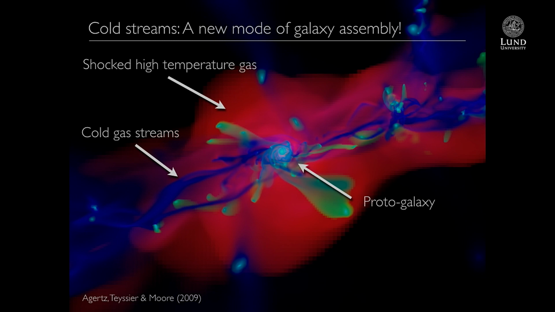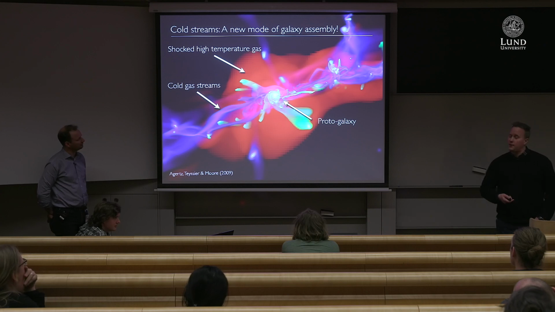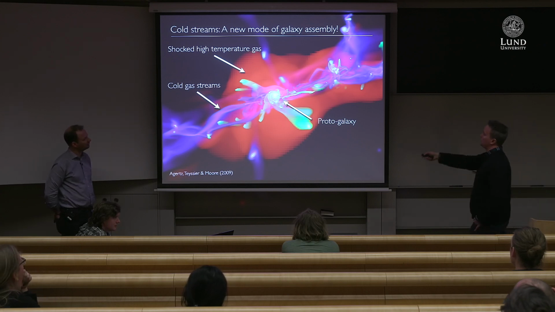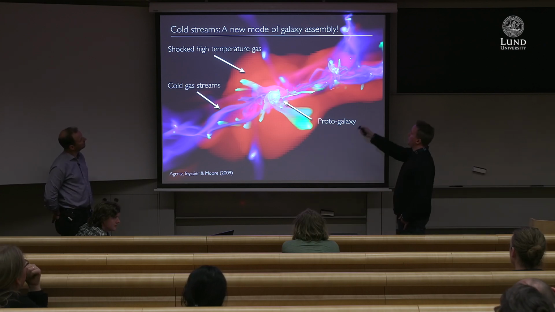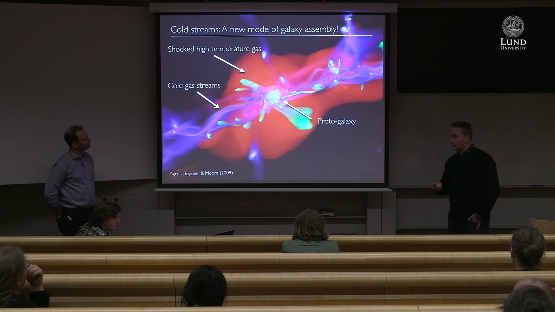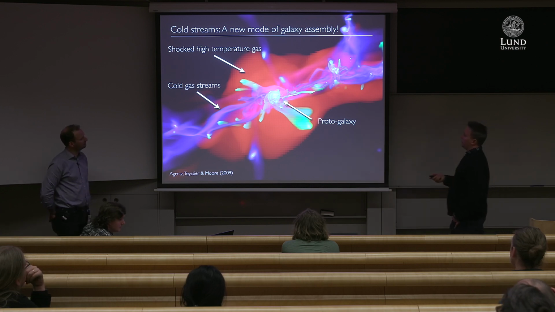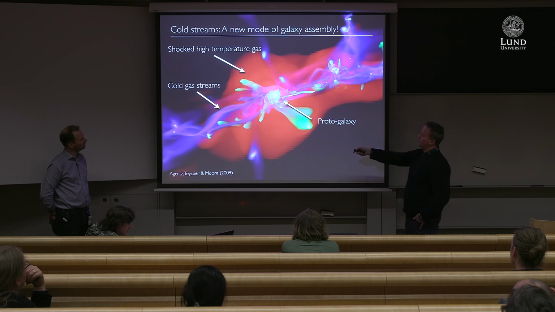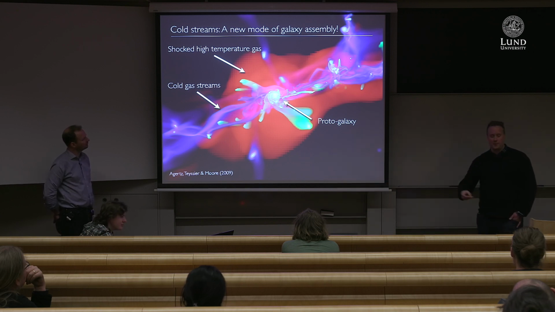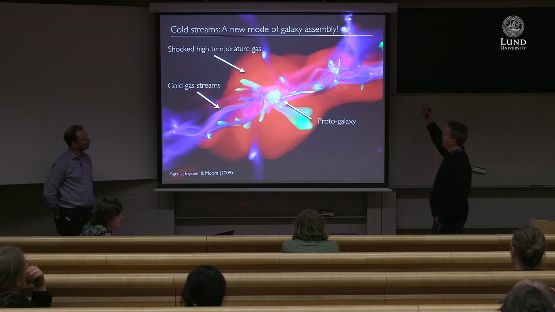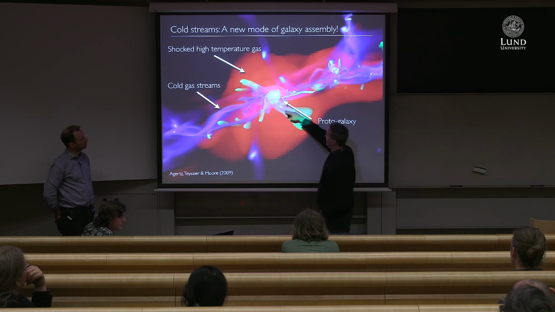And some of this gas makes it onto the galaxy. But we also found a new mode, right? A dominant mode of galaxy formation here, which is these cold streams. Okay? So if you're blue here, it means you're dense and cold. Right? And also, there's not a lot of green in here, right? So it means it's pristine. It hasn't been touched by any heavy elements, right? So it's coming from large scales and all the way in and assembles a galaxy.